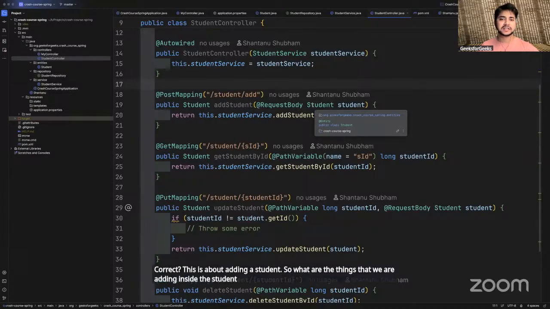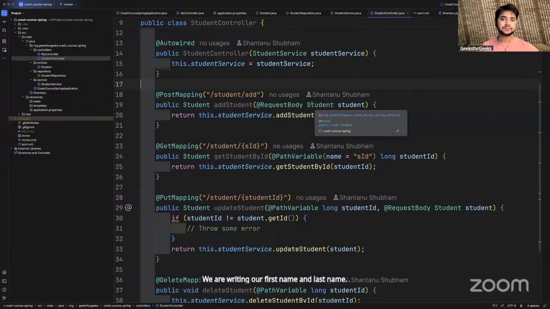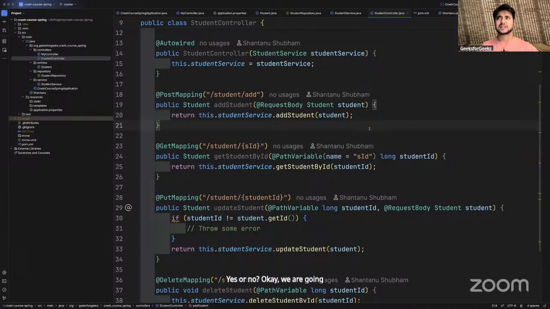We are adding a first name and last name, correct? Yes or no? We have only written first name and last name.